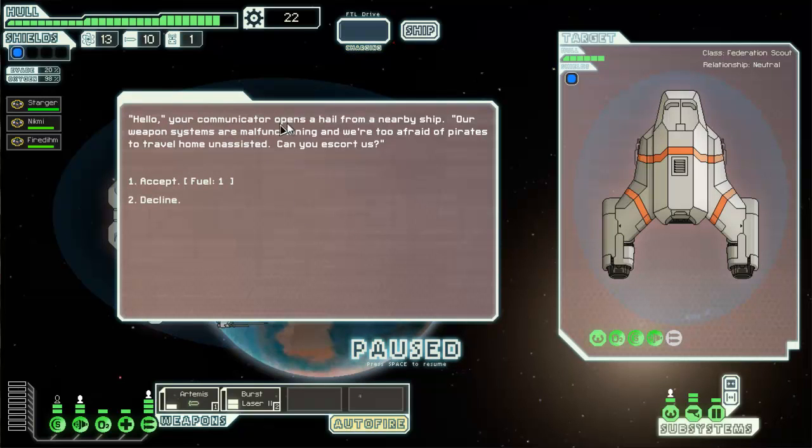Hello, your communicator opens a hail from a nearby ship. Our weapon systems are malfunctioning and we're too afraid of pirates to travel home unassisted. Can you escort us? And they'll give you...